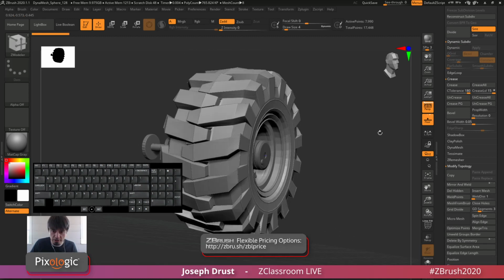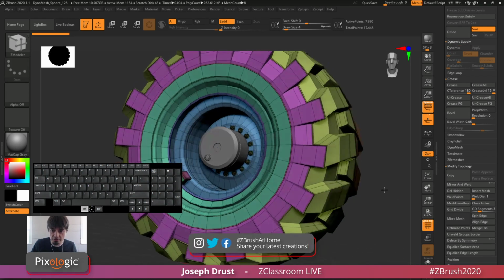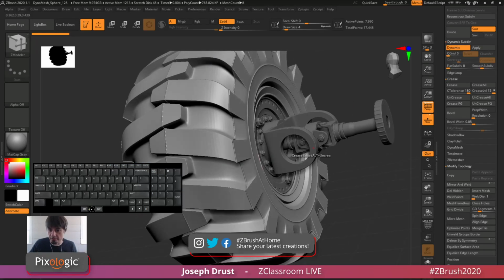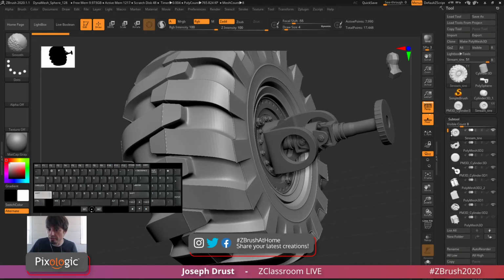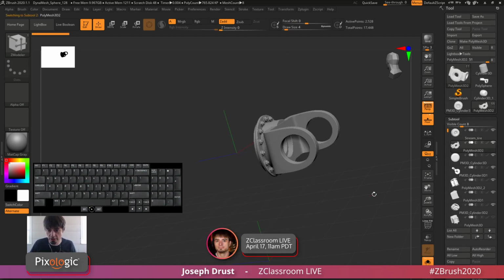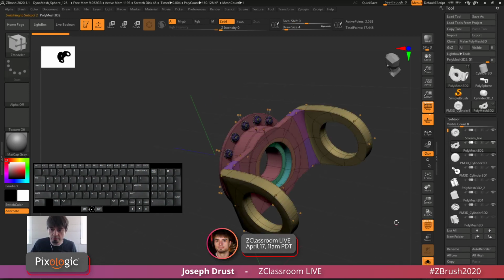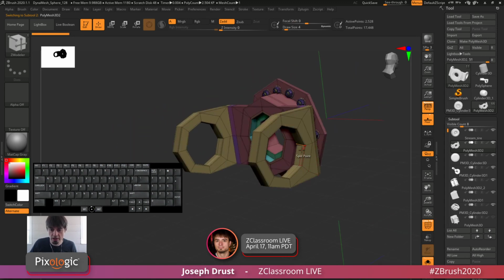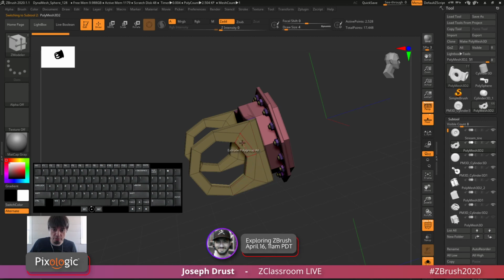But this is all dynamic, so if I turn it off, this is what the mesh looks like. And then if I turn dynamic on, this is the result. Now these little pieces here too are all modeled with ZModeler Brush 2, so you definitely can get really complex with your shapes. So you can see here's some of that double edge looping that I was talking about earlier